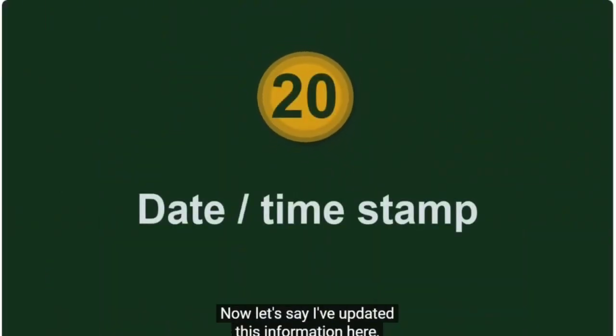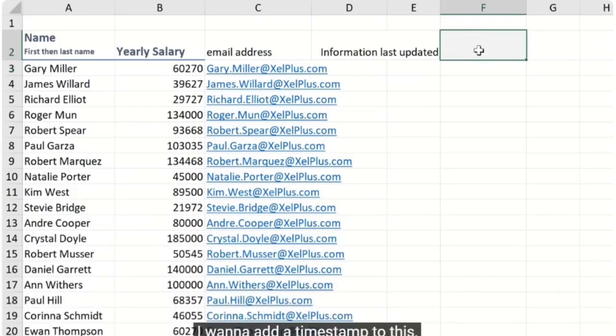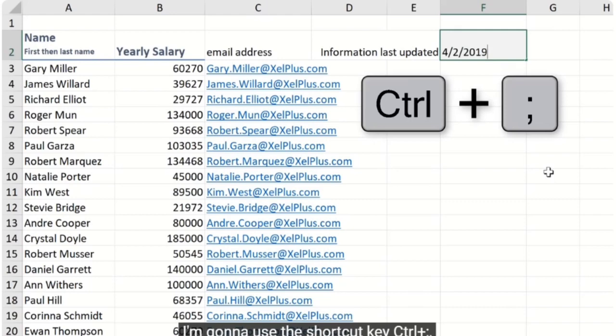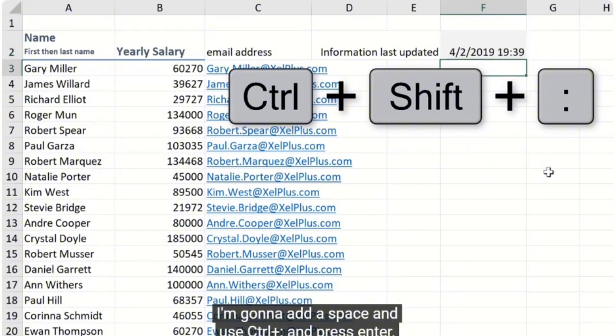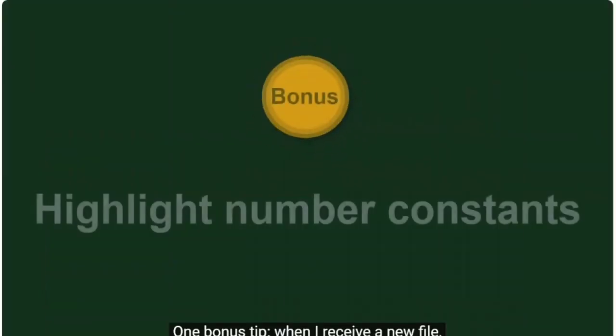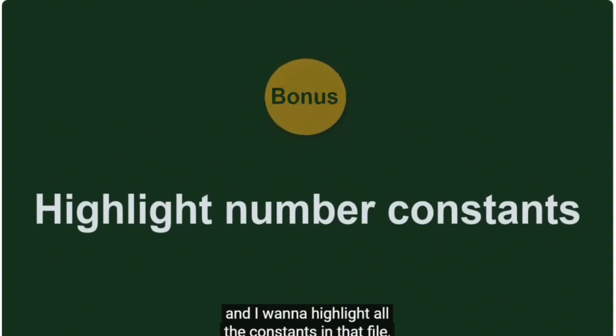Now let's say I've updated this information here. I want to add a timestamp to this. I'm going to use the shortcut key Control semicolon. And if I want to add the time to it, I'm going to add a space and use Control colon and press Enter. One bonus tip, when I receive a new file and I want to highlight all